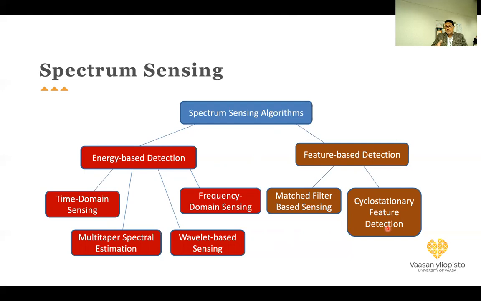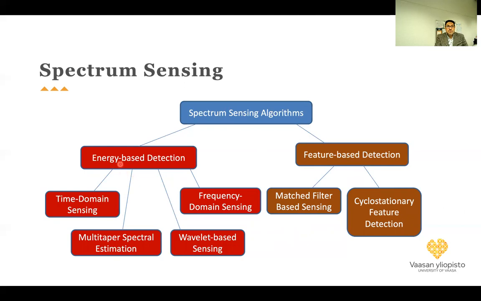Because a cosine wave has some repetition pattern, or periodic pattern. So if there is a periodicity in the signal, then we have some algorithms that can detect if there are cyclostationary signals in the area. Okay, so this is easier and simpler to implement than using the whole matched filter technique.